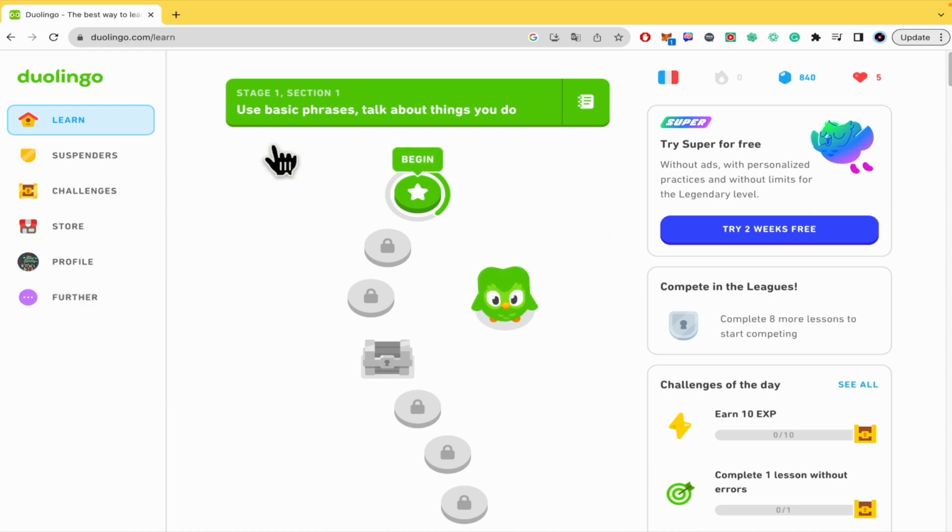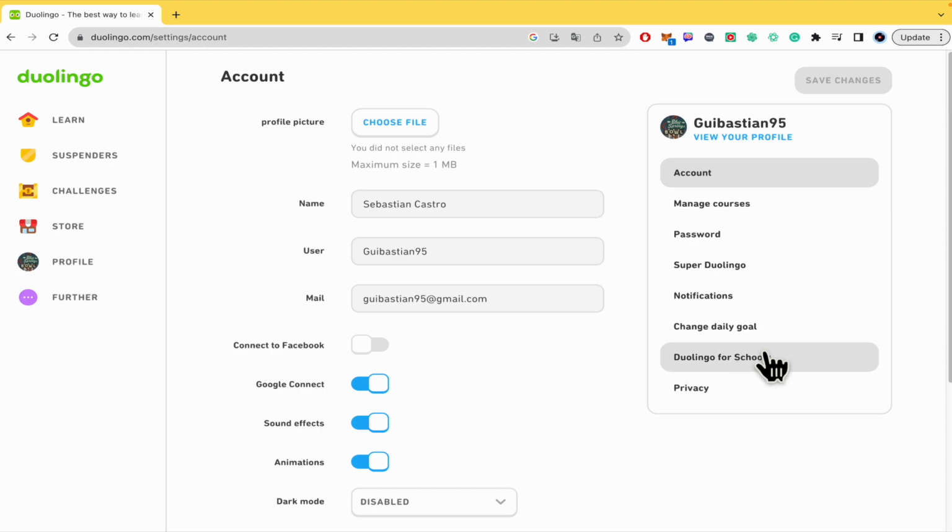All you have to do is go into the left panel and go into the last option with the three dots. I suppose the original word is "more", but I'm going into it and now get into settings. Here in settings, in the right part, I have a different menu and we're going into the last one,